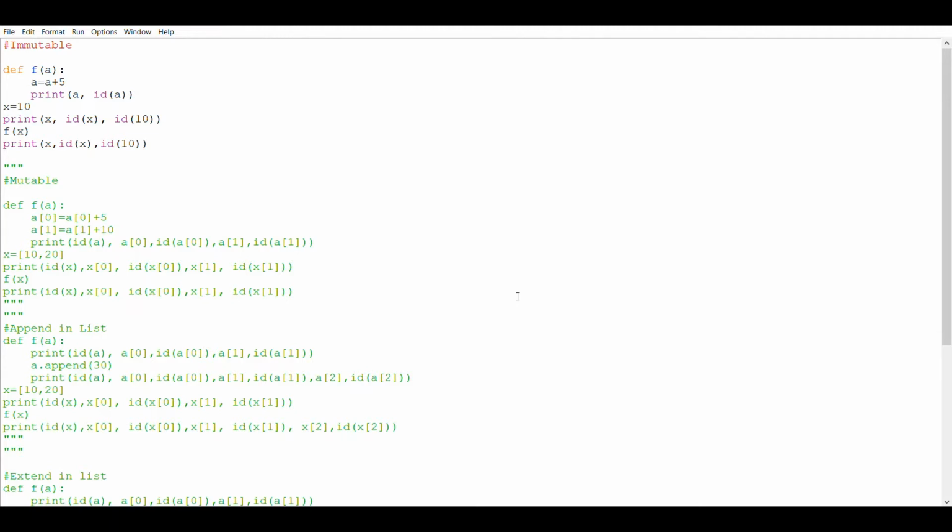When we pass immutable argument in function call statement, after execution of that function, the value of immutable argument does not change, or we can say remain unchanged.